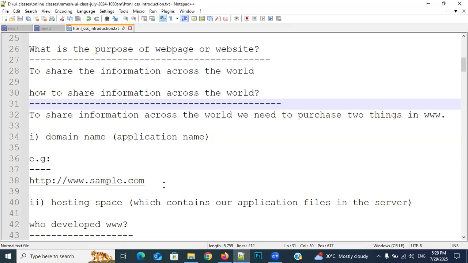Domain names and everything also should be unique. For example, if you want to purchase a domain name google.com, they don't sell it, because Google is already enrolled. So we cannot create any other domain name with the Google name. google.com should be only one. In the same way, every domain should be only one. That's why whenever you want to purchase any domain, they will ask you to search first. Whenever the domain name is available, then only you are able to get that domain name. Clear, everyone? Kindly respond.